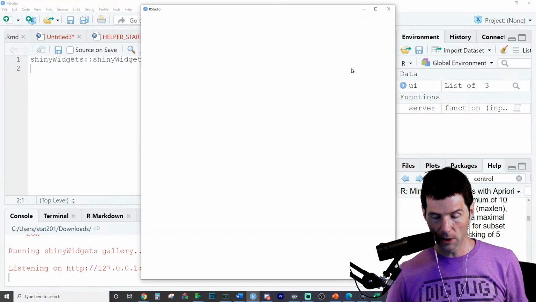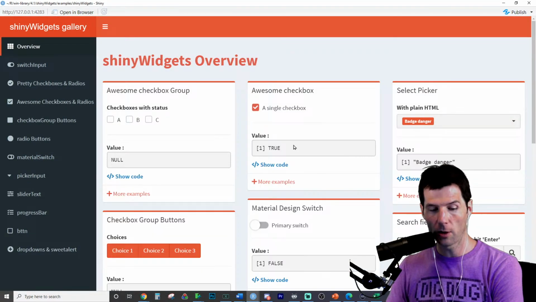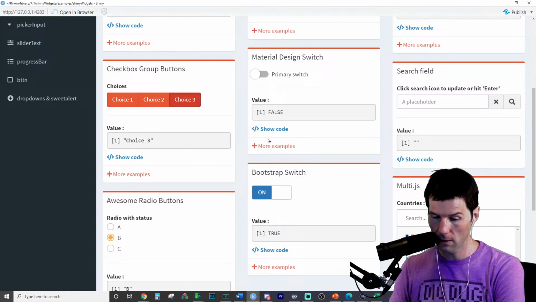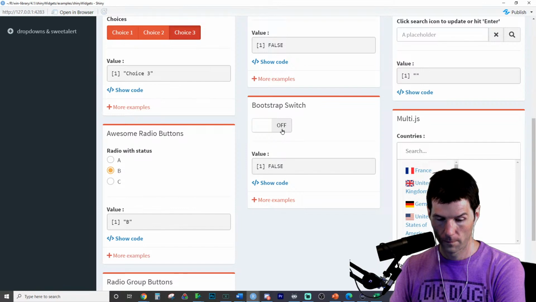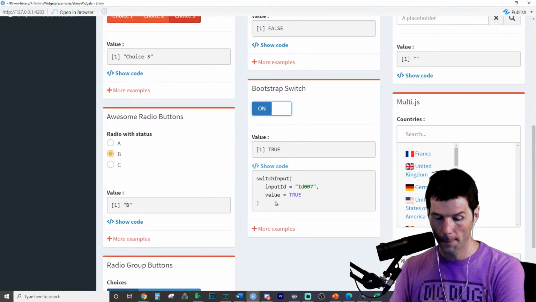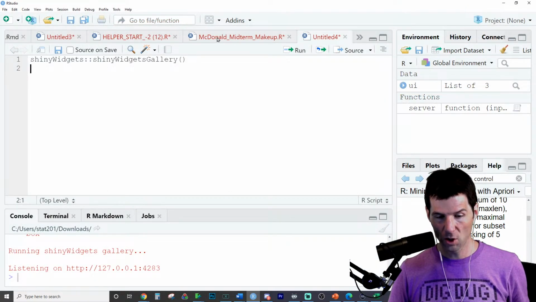Let's go find ourselves a Shiny Widget. We're just going to do a 2-color selection. Oh, we don't want that. We don't want that to stack. That's not good. Should be good. I can do this. Okay, got it.